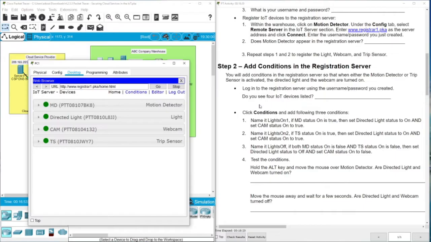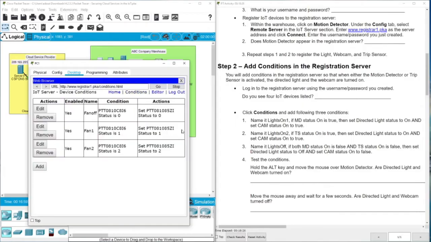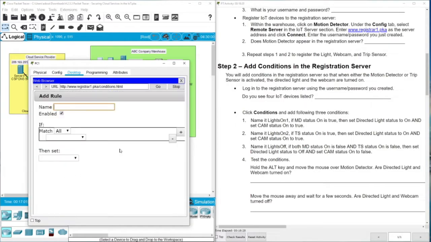Do you see the 4 IoT devices? Yes, I see them here, 4 of them. I just registered them. And then let's add the conditions. We go to the conditions here, and the first condition we are going to add is called light 1. And then here we can see if the MD status is on, and then we set it to true. And in this case, then we set the directed light, and then we have status and then on, and then we